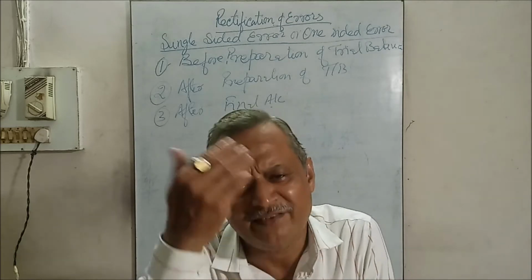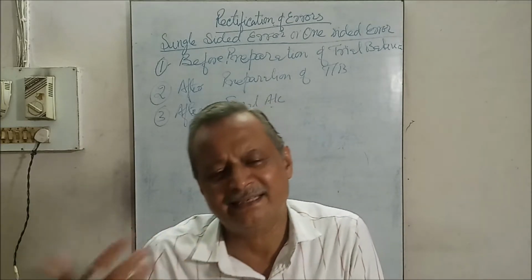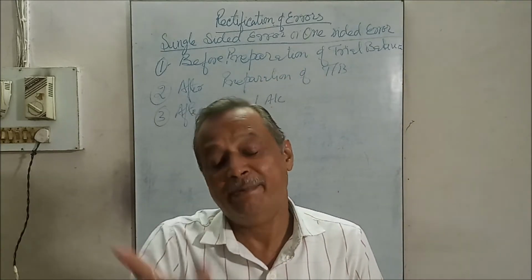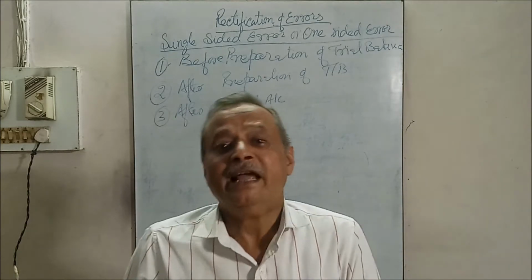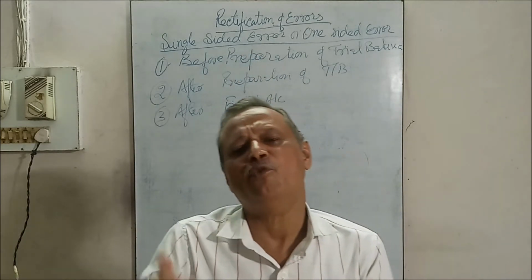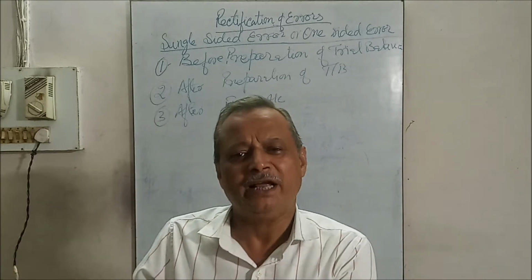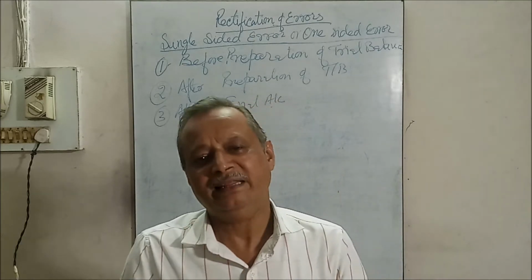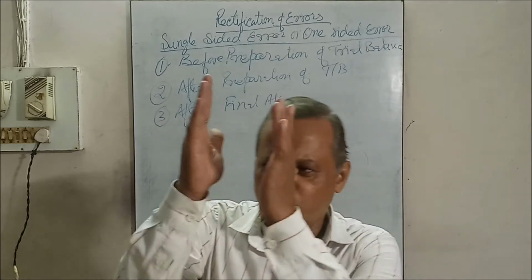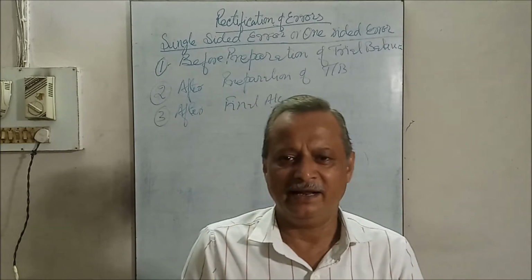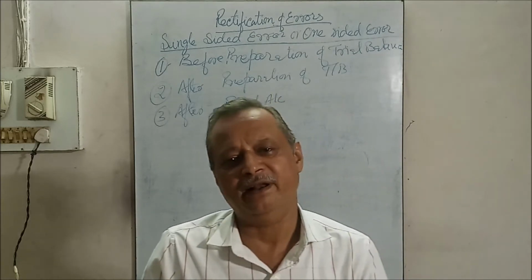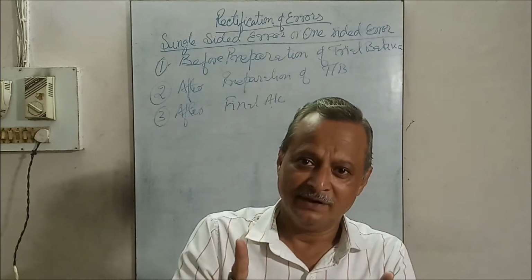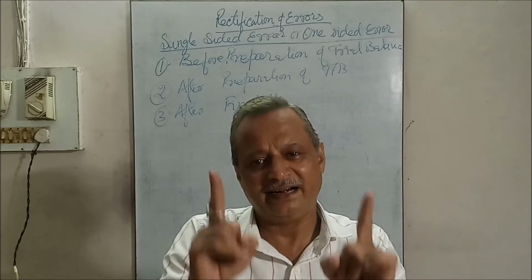If there is a debit difference, it will be on the asset side. If there is a credit balance difference, it will be on the liability side. If the total of the debit side of the trial balance is more than the credit side, the difference is put in the credit side. It is called credit balance of suspense account, and it will appear in the liability side. If credit total exceeds the debit side of the trial balance, the difference is put in the debit side, and that is called debit balance. It will appear in the asset side for the time being, till the errors are detected and rectified.